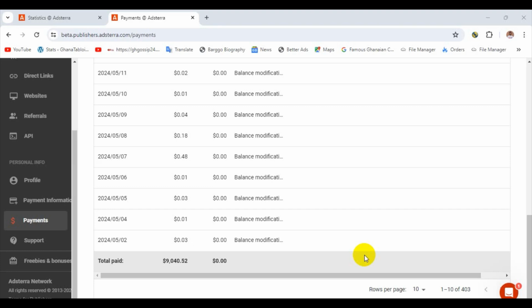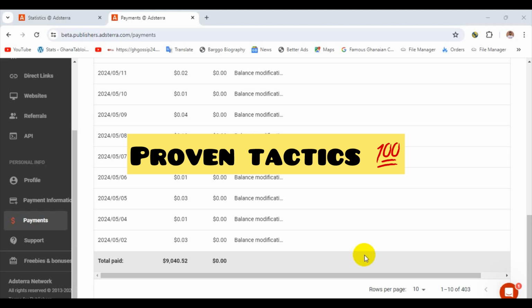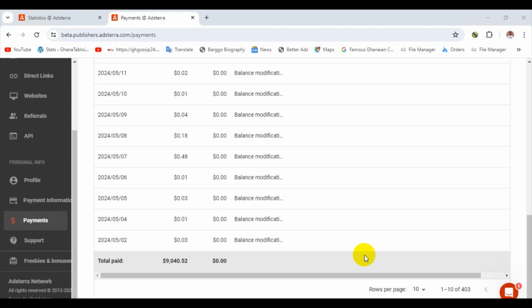Despite their best efforts, their revenue remains elusive, leaving them wondering what's missing from their monetization strategy. If you are among this group, you are not alone. Today, we will explore the reasons behind this disconnect and share proven tactics to help you bridge the gap between traffic and revenue, ensuring that your hard-earned traffic generates the income it deserves.